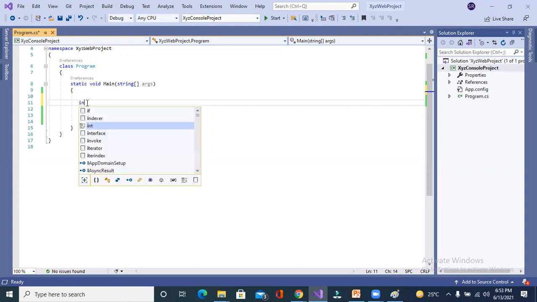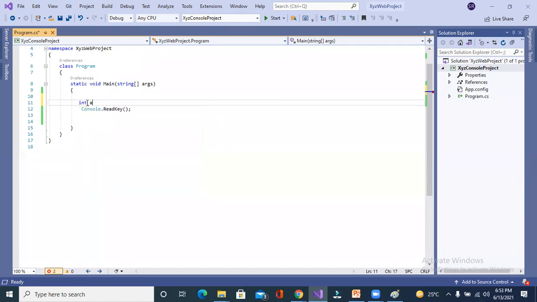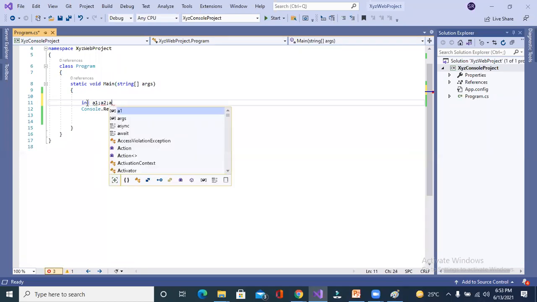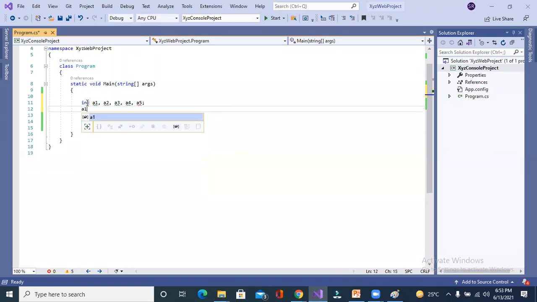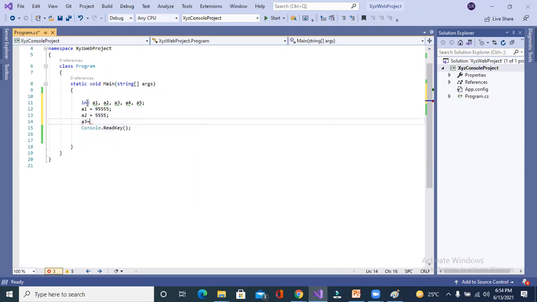There is one approach: I will create A1, A2, A3, A4, A5, and I will assign values like A1 equal to this one, A2 equal to this one, A3 equal to this one, A4 equal to this one, A5 equal to this one. Is this the right way to create variables and store values of the same type?